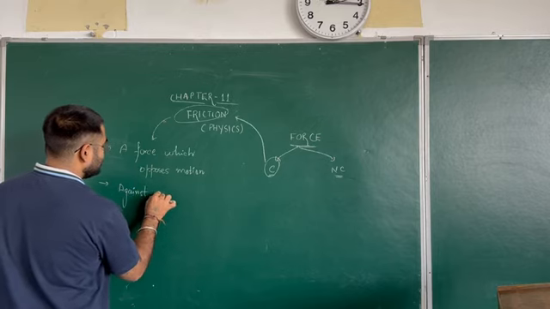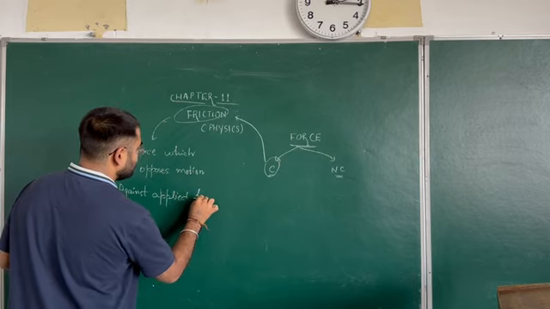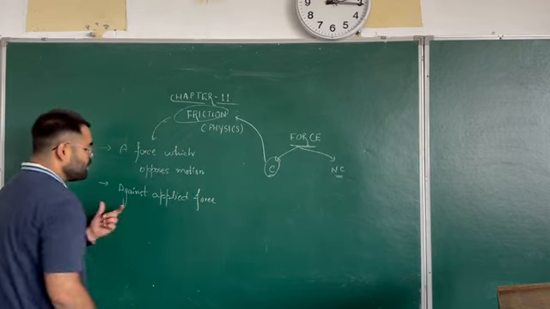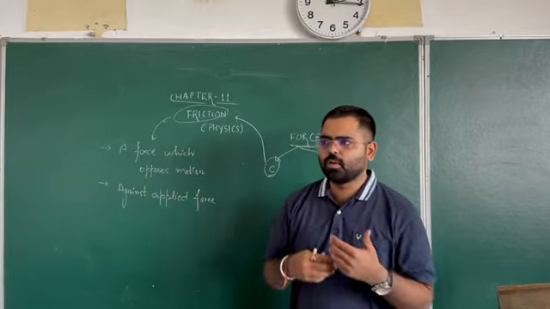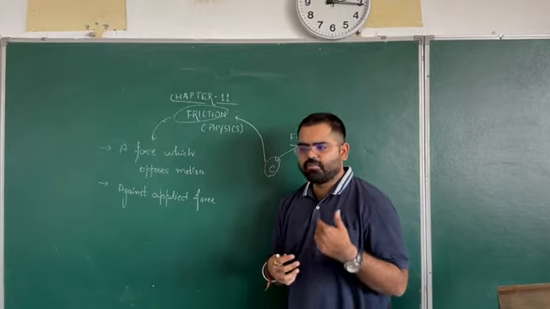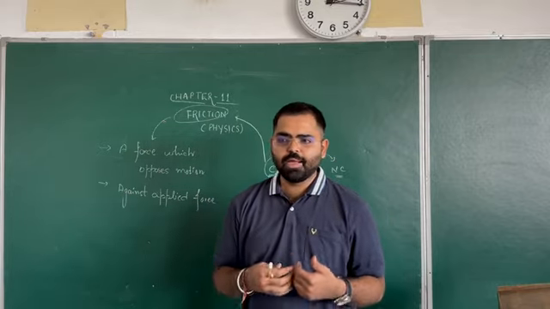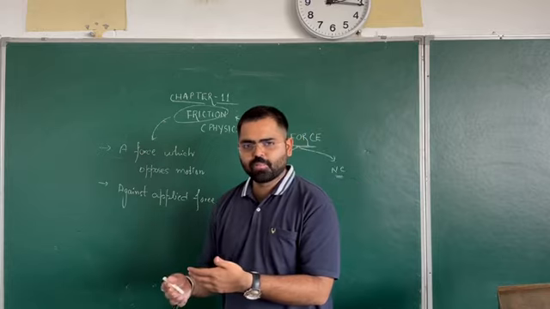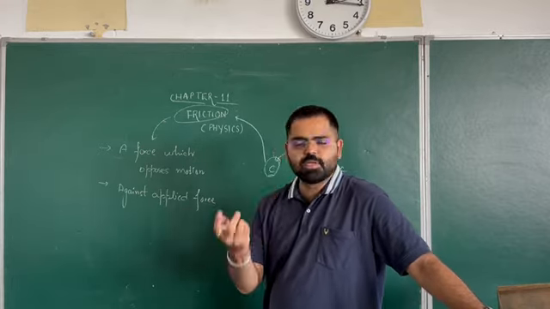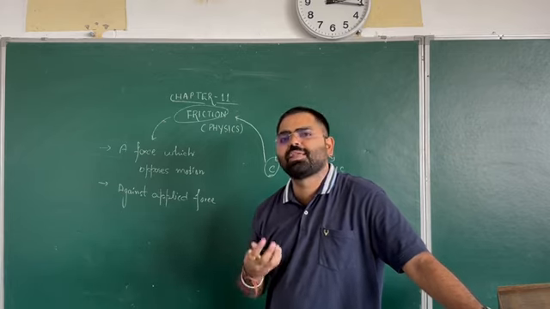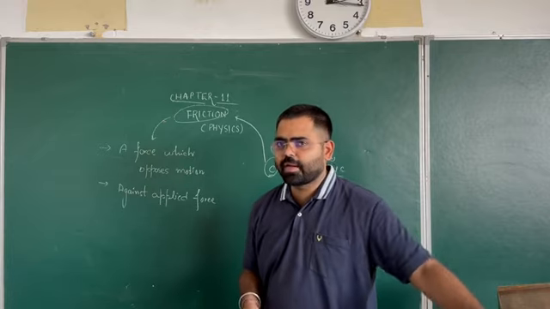Why am I saying that it is working against the applied force, that you have to understand, right? So how come it is working against the applied force? For example, if you consider the case when you were paddling the cycle, it was your muscular force, the muscles of your body, that were making the cycle move forward, right? And once you stop paddling, you saw that friction comes into the picture. So where exactly does friction come into the picture? For friction we need to have surfaces which are coming in contact,